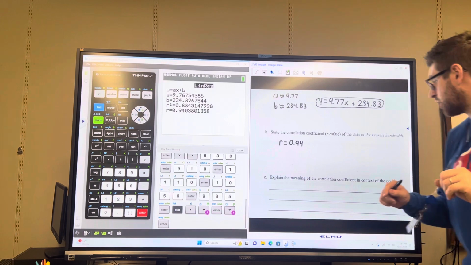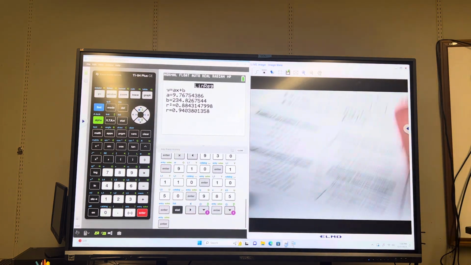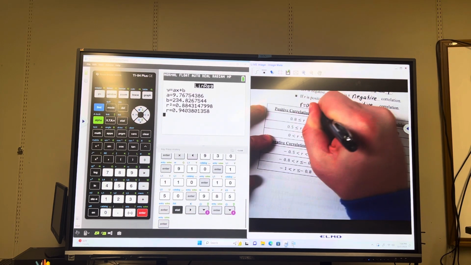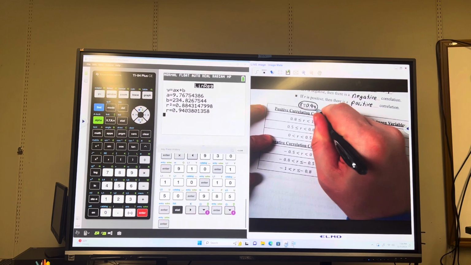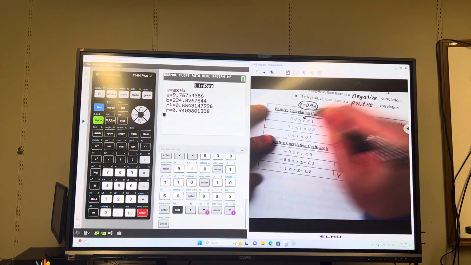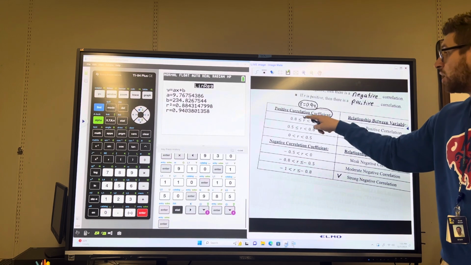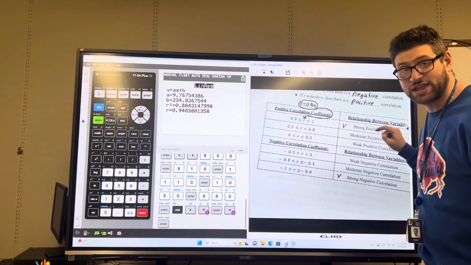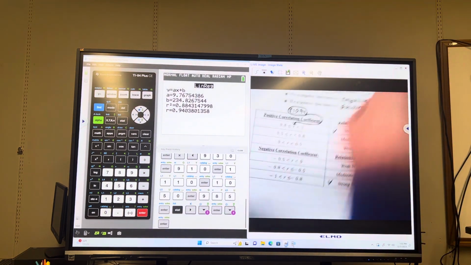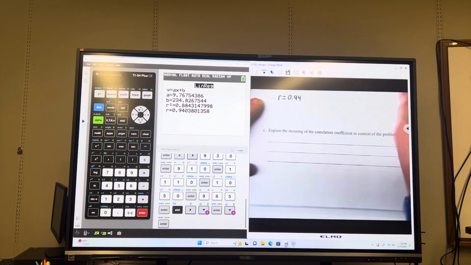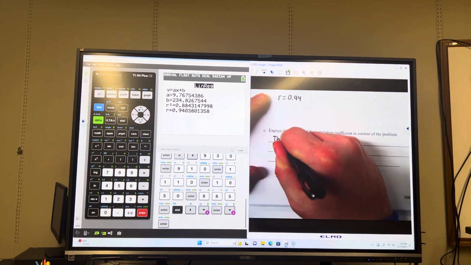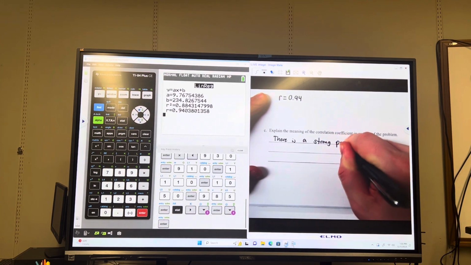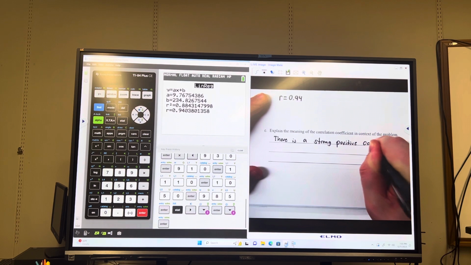We're going to go back to our previous page. 0.94 was our R value. This number lands right in between these two numbers. So 0.94 represents a strong positive correlation. So for our final answer, explain the meaning. There is a strong positive correlation